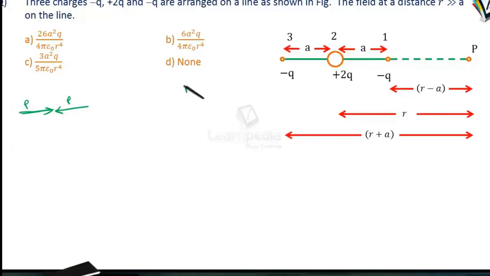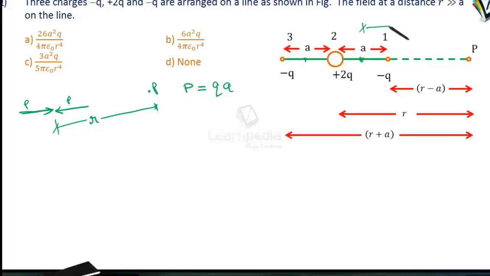P is the dipole moment, which is equal to charge multiplied by the distance between the charges, which is equal to a. So there are two electric dipoles placed back to back, and the point is at a distance r from the center of this configuration. Here it is a point P. So the distance from the centers of the dipoles,